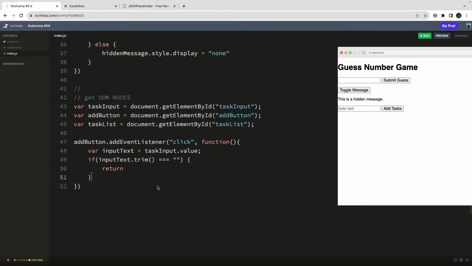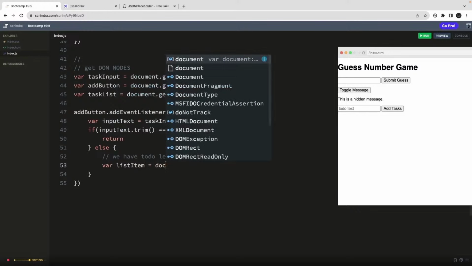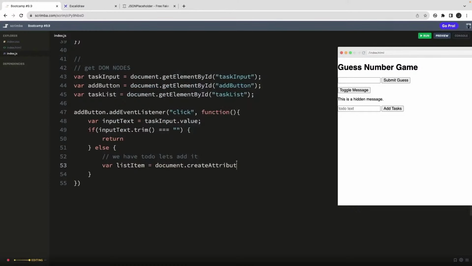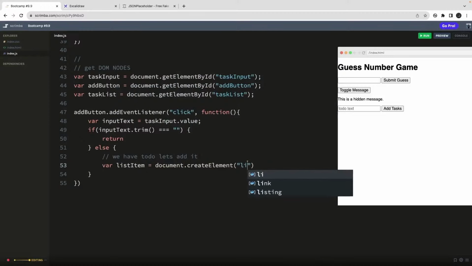We should return. So in JavaScript, return means you are executing some code block, and if you are returning from there, that means I don't want to execute the rest of the instructions. It's common everywhere in all programming. And here, if the input text.trim is not equal to empty quotes or just empty spaces, meaning some text has been added, then we will go to the else block and we will create the new element